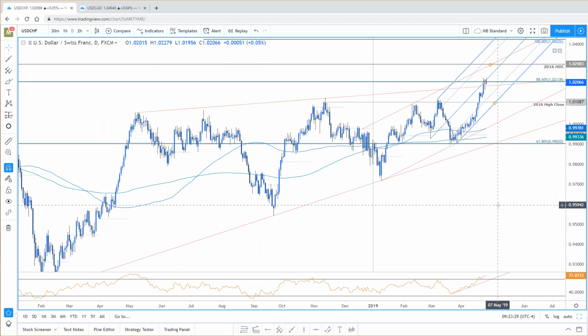Remember the SNB standing against this. Yeah, Ty, I don't think about that anymore. So Ty's absolutely right. For those of you who've been trading FX for a while, everyone remembers the SNB event. That's when markets saw one of the largest single daily moves. The thing is this, the SNB is not putting a floor on this anymore. Is there intervention? I don't know. Is the Japanese bank intervening? Ty, these kinds of things we can't